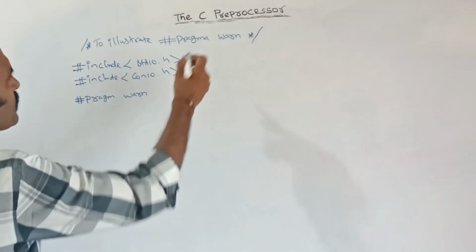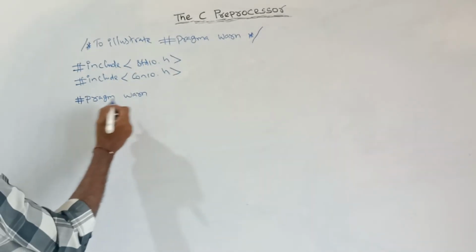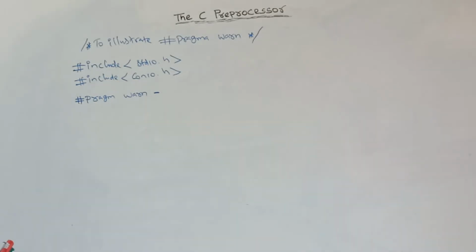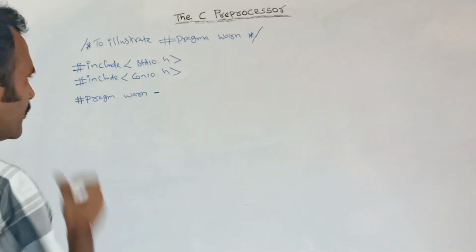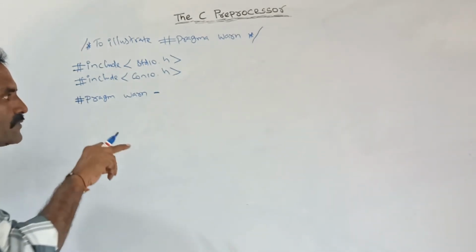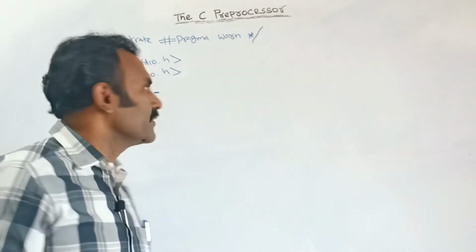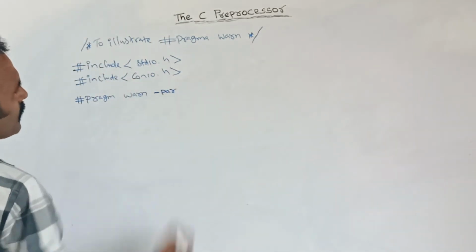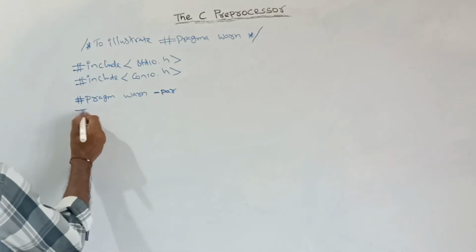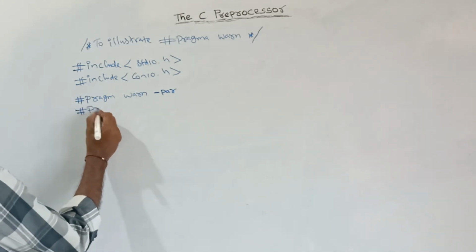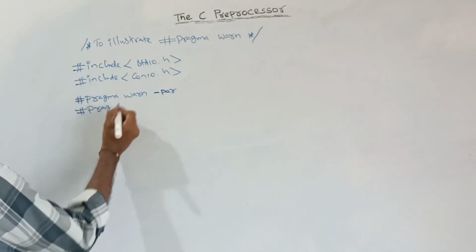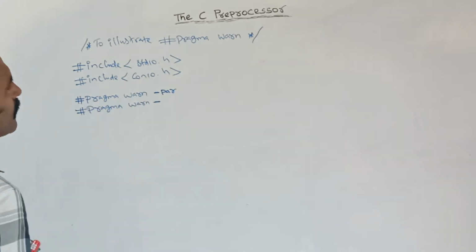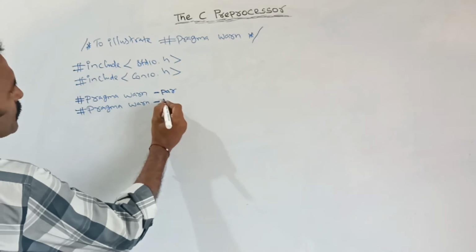See, next, what is the syntax of pragma warn? Here, pragma warn, next I need to hide this warning. What type of warning here? We are now going to see 3 types of warning. First one, parameter not used. Second type of warning, no return value, RVL.